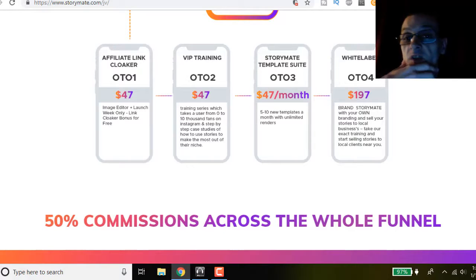And then the fourth OTO is the white label rights version, and that's going to basically allow you to brand Storymate with your own branding and sell your stories to local businesses. You can take the exact training that they offer and start selling stories to local clients near you. So with the white label version, again, you get to rebrand Storymate with your own branding as your own software, basically, okay, and use it to sell